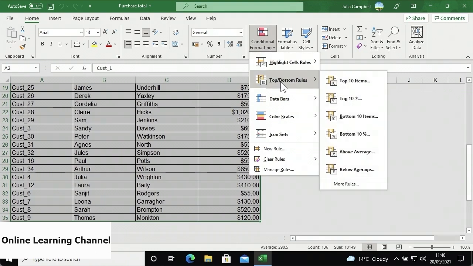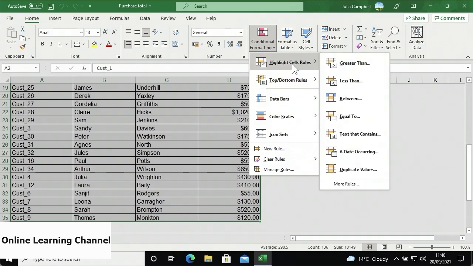and Top/Bottom Rules. Hover over Top/Bottom Rules and in the side menu, you can analyze the top 10 items, top 10%, bottom 10 items, bottom 10%, etc. If you're looking to find duplicate values, hover over the option Highlight Cells Rules. In the side menu, you can search for specific values, greater than or less than, between, as well as equal to, etc. At the bottom of the list is the option Duplicate Values, which you can use to find duplicate